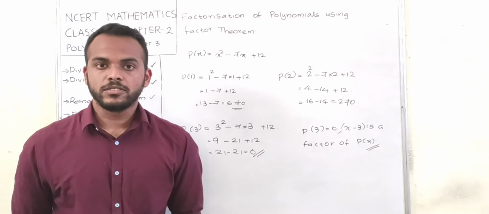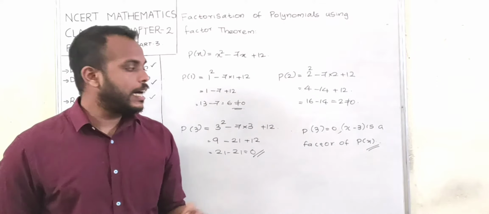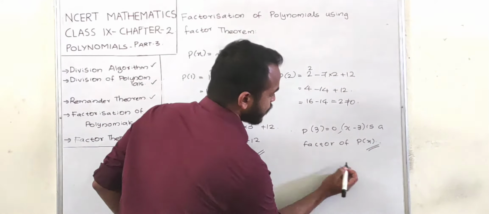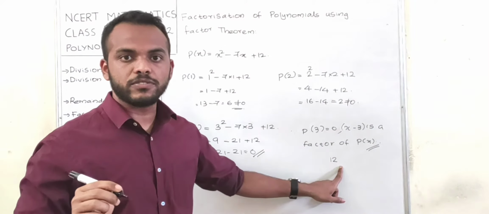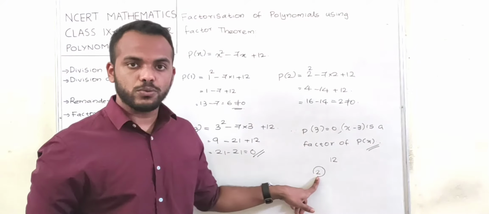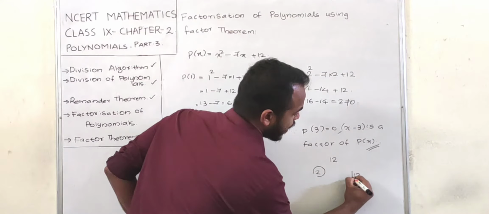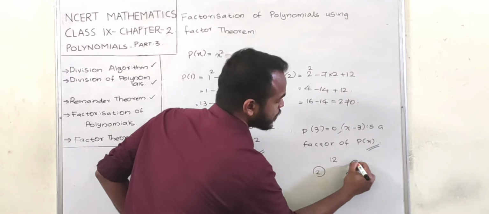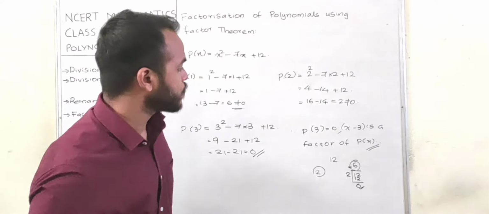That's a very long process. I would recommend one method. I will demonstrate it using a number itself. That is, if you want to find the factors of 12, and you have already got a factor 2, then to find the next factor, you just need to divide 12 by 2. Then you will get the next factor. Who is the next factor here? 6. We can use the same method in this case also.